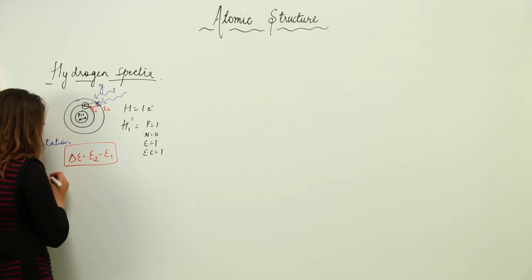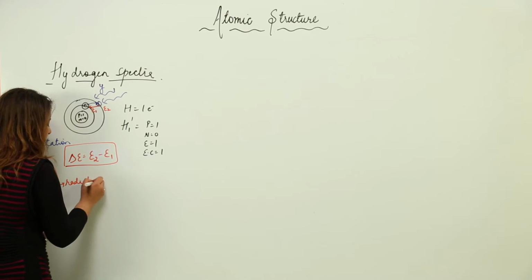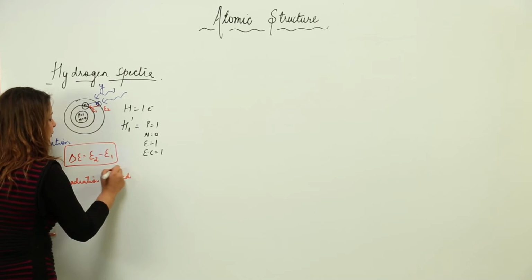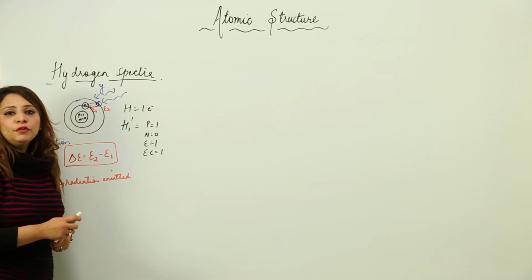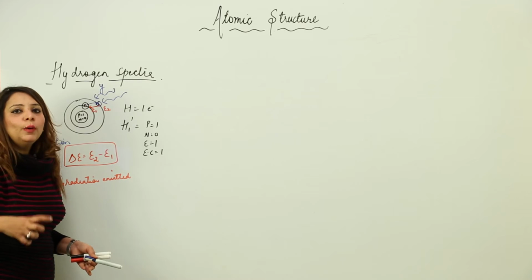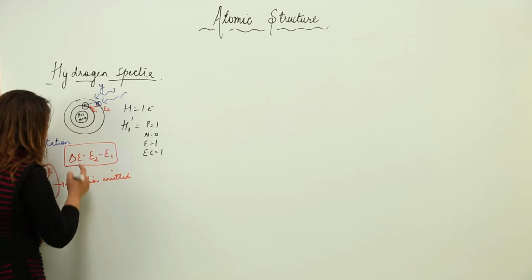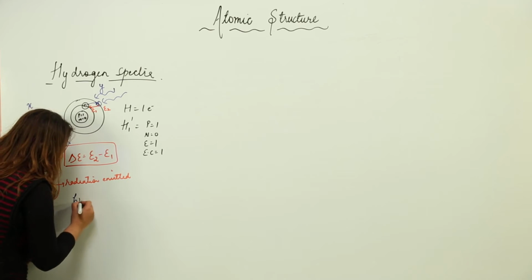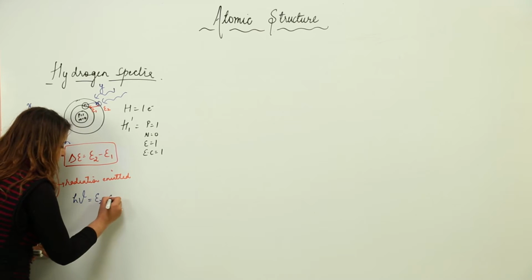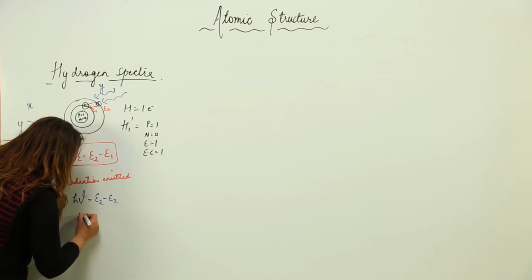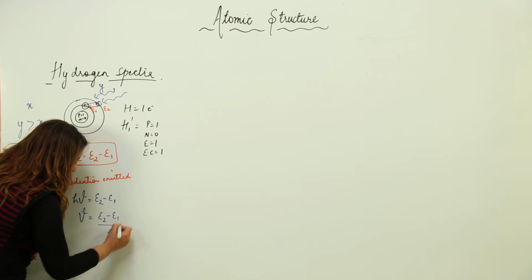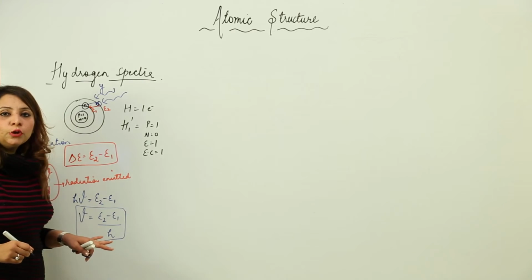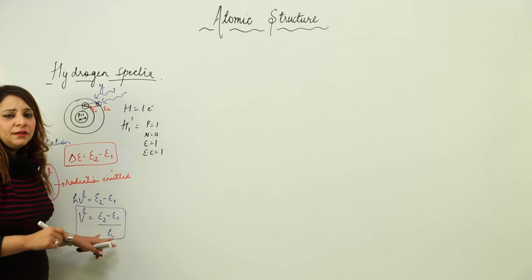Now we can actually know about the frequency and wavelength also of the radiation which is being emitted. As we know that radiation is emitted when an electron jumps back, that radiation will have a certain frequency and a certain wavelength. So we can calculate the frequency and the wavelength emitted. How? If I put the value of delta E by Planck's quantum theory as h nu, this becomes E2 minus E1. If I need to know the frequency, this is my relation: nu equals E2 minus E1 upon h. So this is how we calculate the frequency of the radiation emitted when an electron jumps back